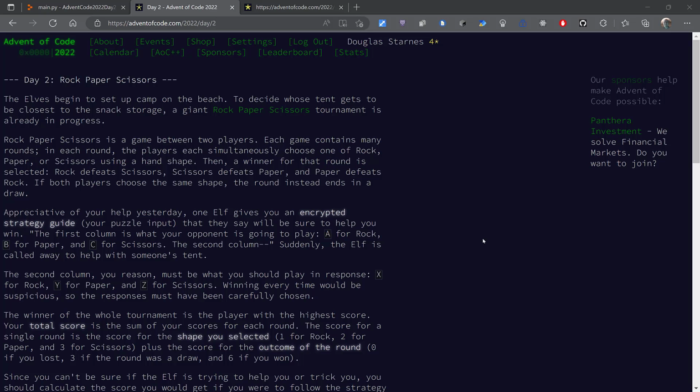This is going to be my solution for day 2 of the 2022 Advent of Code puzzle. And we're going to do rock, paper, scissors today. And apparently what's happening is you're setting up tents on a beach, and to decide who gets closest to the snack storage, there's this rock, paper,